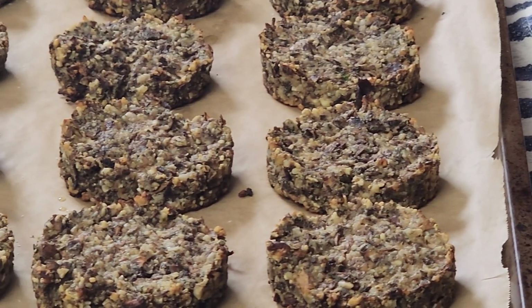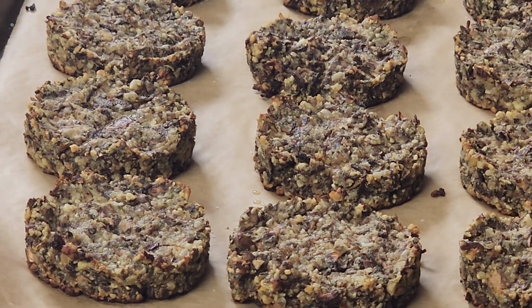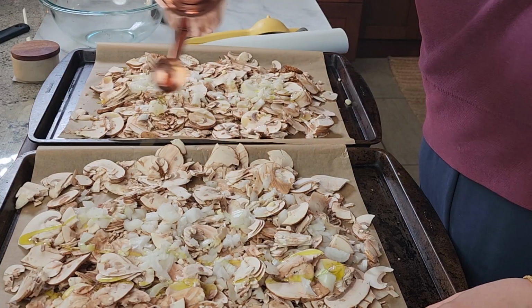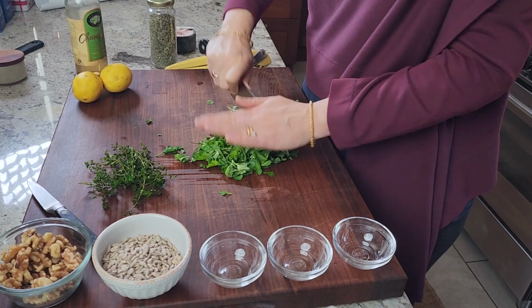I'm calling this a steak because it can be served as a main course on a vegetarian plate instead of the meat. I actually made this at Thanksgiving this year and the comments from the guests were really impressive. They loved it. And that's because it's full of umami flavor from the mushrooms, onions, garlic, walnuts, sunflower seeds, fresh